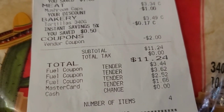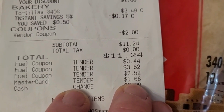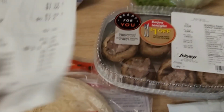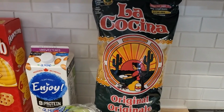You can see here the grand total was $11.24, but I used a $3.44 fuel coupon, a $3.62, a $2.52, which brought my actual total down to $1.66. Pretty awesome. Pretty awesome way to increase your buying power. I'm excited about it. And then we shopped at